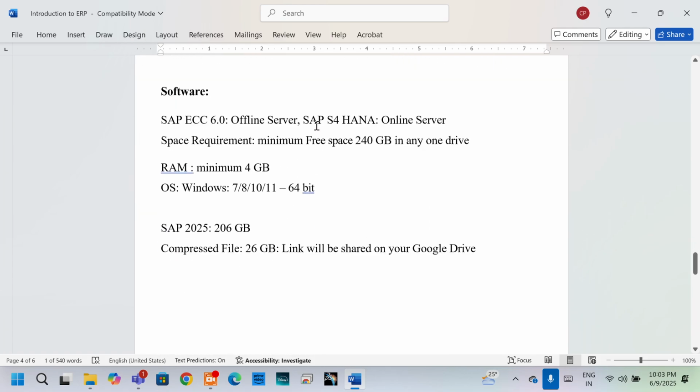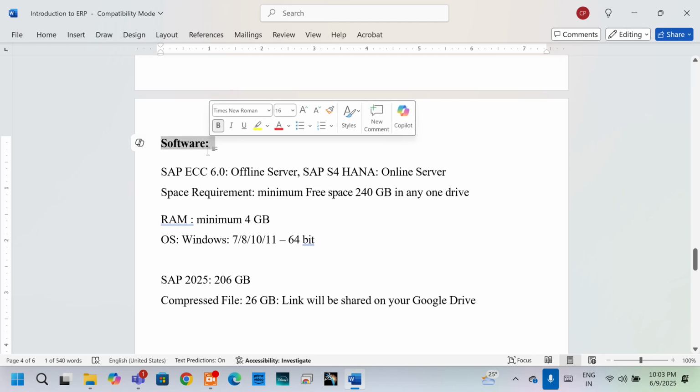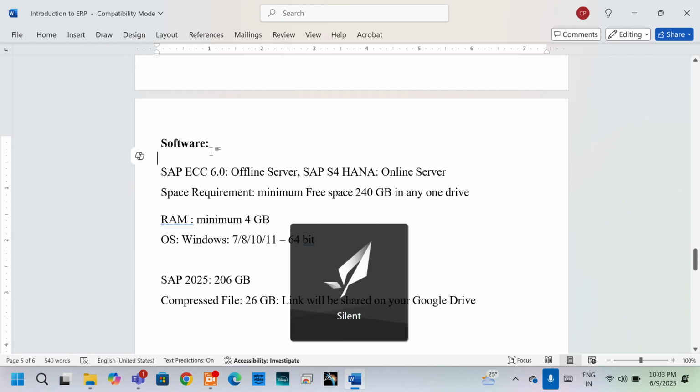Now coming to the software part, guys. SAP introduction is over, but I'll try to cover other important parts related to the software also. Now see, we have got